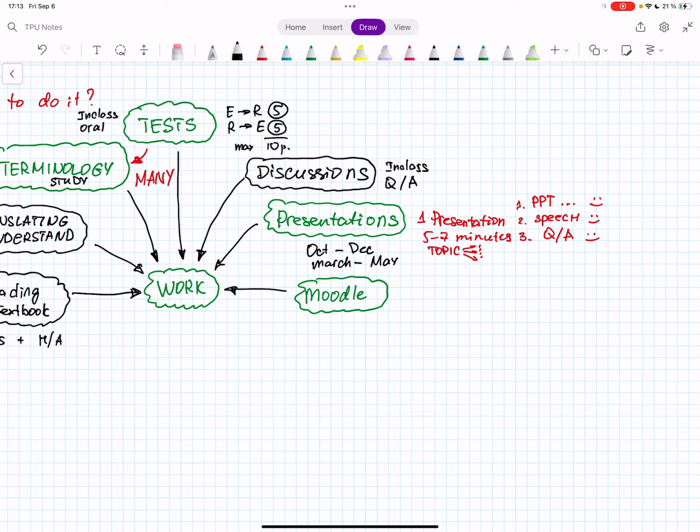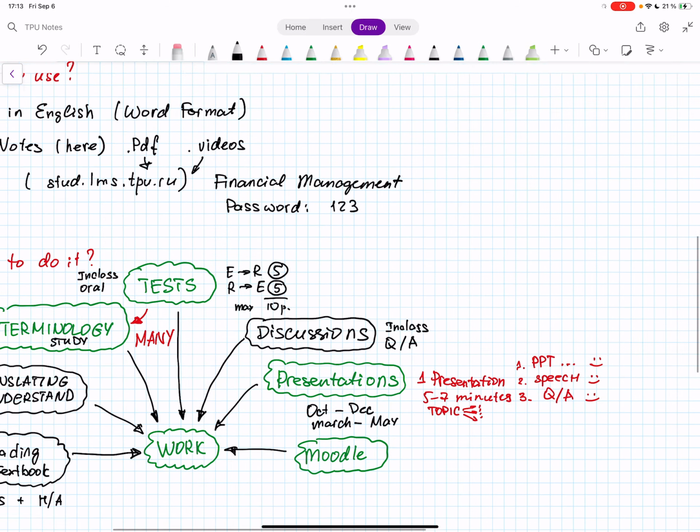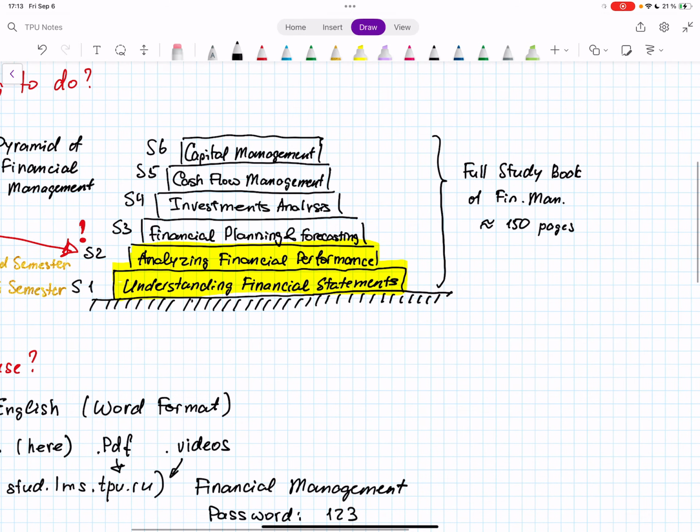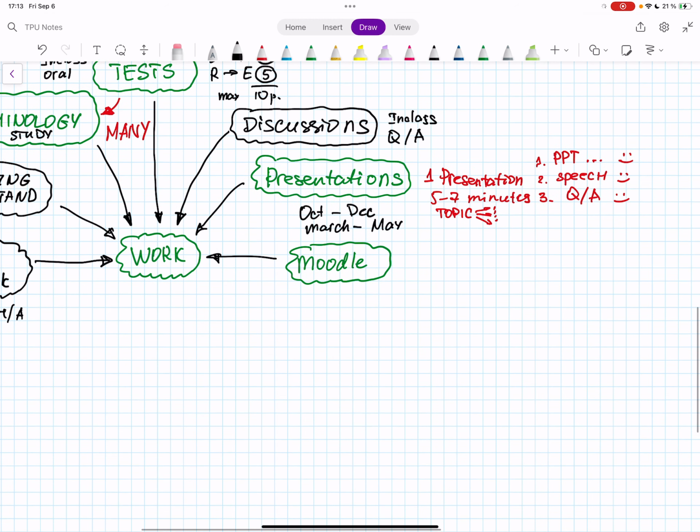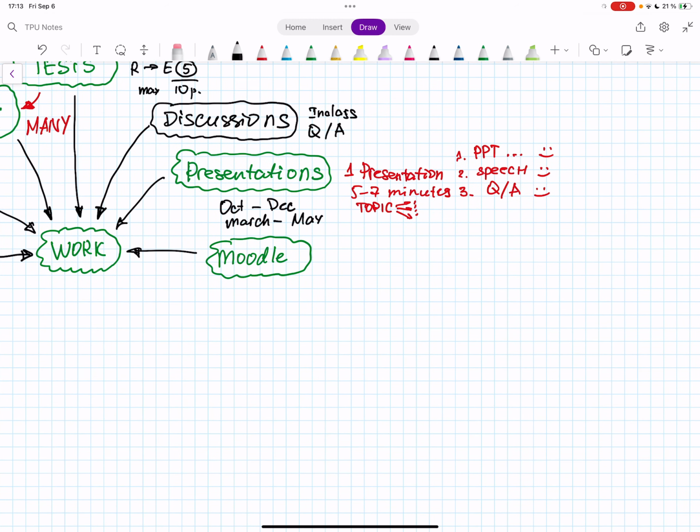In this Moodle, you will find the full course with 6 sections, as you see here: understanding financial statements, performance, planning, investing, cash flow management, and capital management. So there will be 6 modules there.